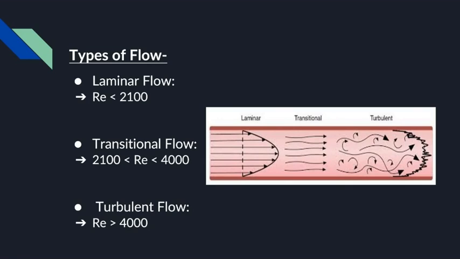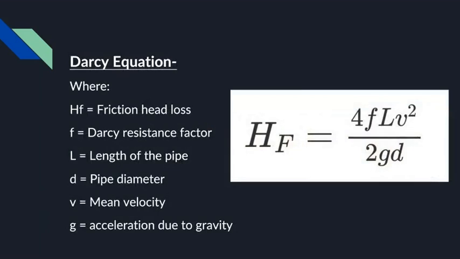Transitional flow is a mixture of laminar flow and turbulent flow, with the turbulent flow in the center of the pipe and the laminar flow near the edges of the pipe. For transitional flow, the Reynolds number lies between 2100 and 4000. Pipes with a smooth surface do not account for larger friction losses, whereas for pipes with less smooth walls such as concrete, cast iron, steel, the fluid requires large energy to overcome the friction induced in the pipe due to the viscosity of the liquid. The rougher the inner wall of the pipe, the more will be the pressure loss due to the friction. Now, let's proceed to the Darcy equation.